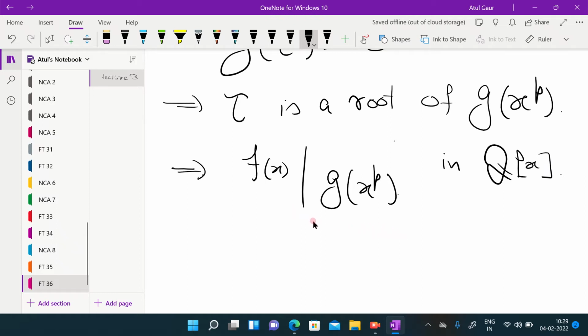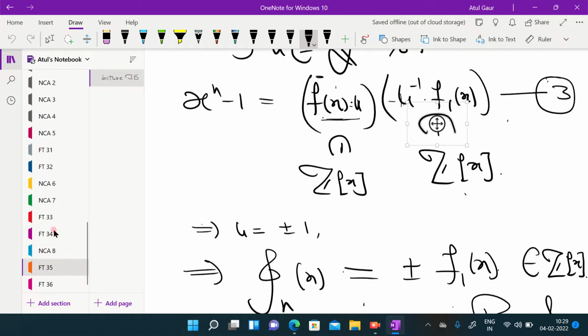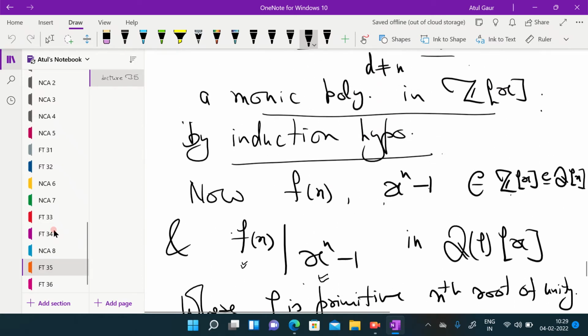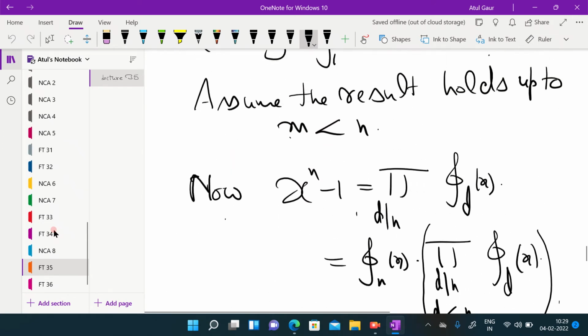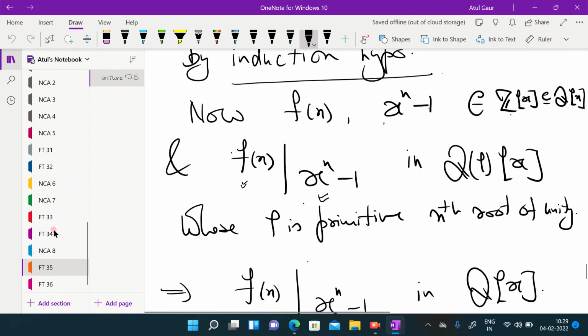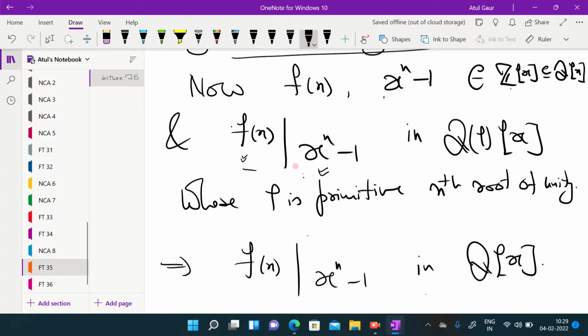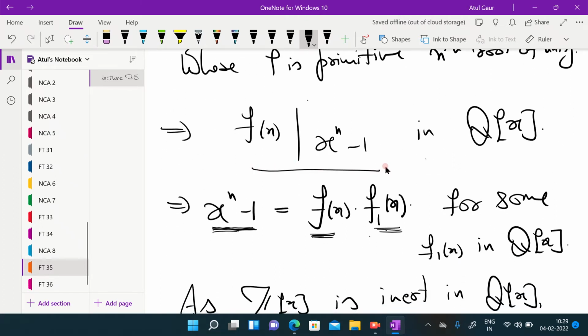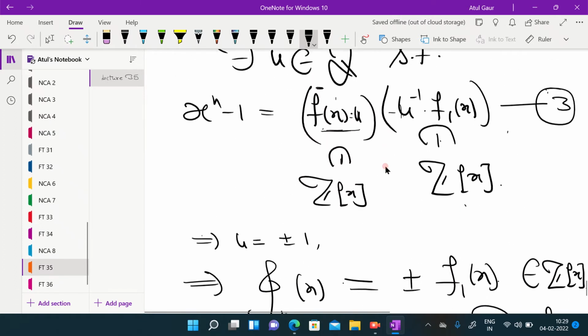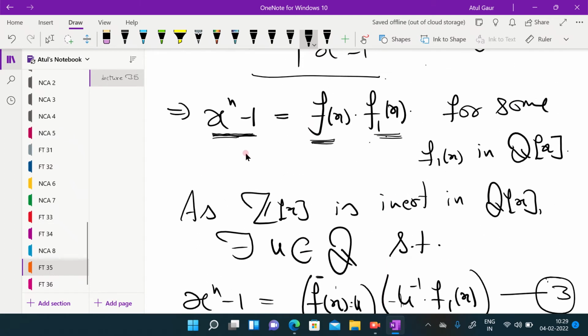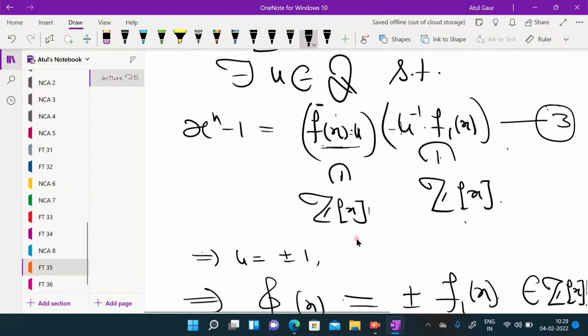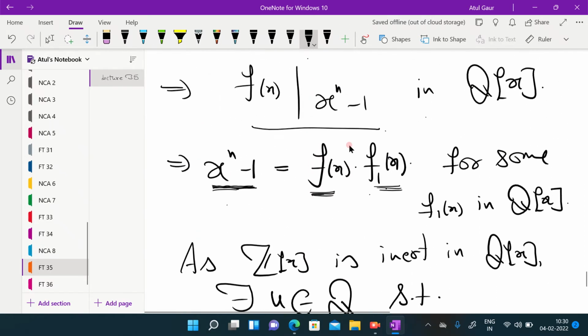And yesterday you have seen that if division takes place in Q[x] then it will also take place in Z[x], right? Is that fine? You had seen it here, right? Let me show you. This one. So f(x), sorry, this one. f(x) divides x^n minus 1 in Q. So it will divide in Z[x]. That was it, because it was inert, right? Later this u was just 1. Is that fine? Okay. This argument will be applied. Are you getting the point?